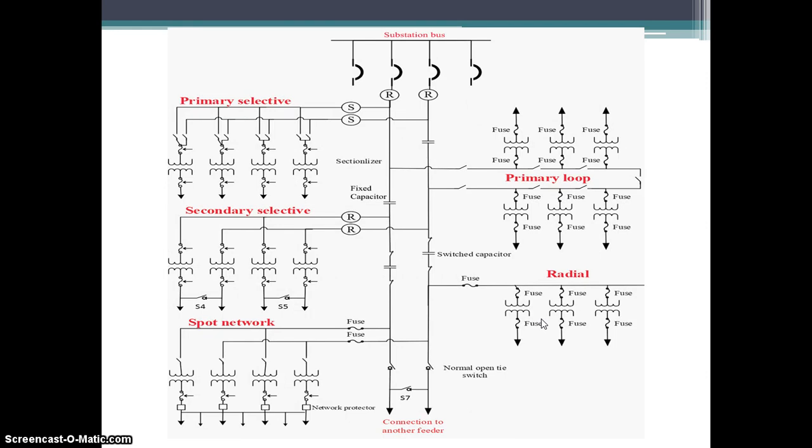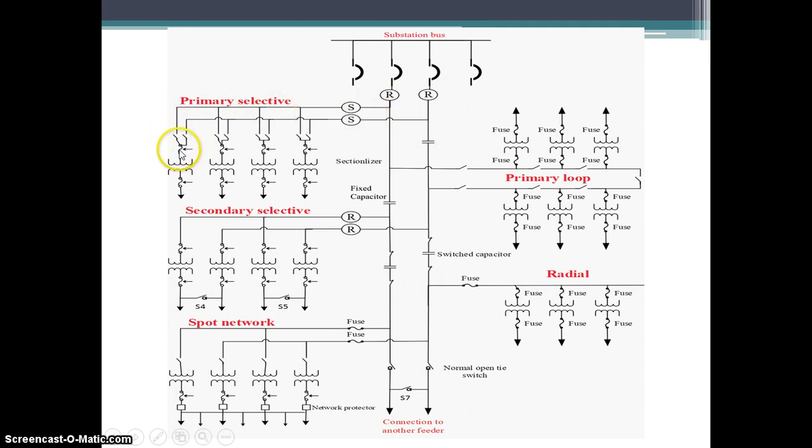This is a complete diagram showing the substation with a primary selective scheme, a secondary selective scheme, a spot type of network, a primary loop type of network which is a ring bus arrangement, and a radial type of feeder arrangement. So you can see here in the primary selective scheme, two of the feeders are taken out as two laterals.